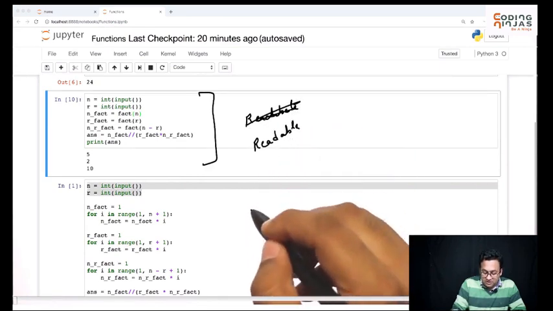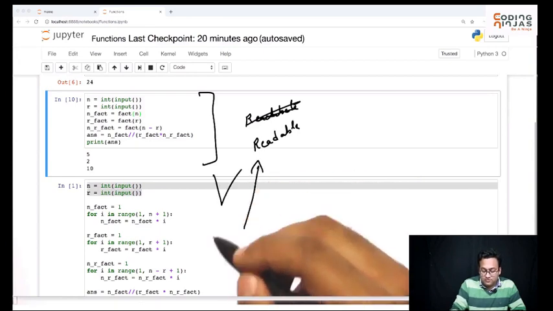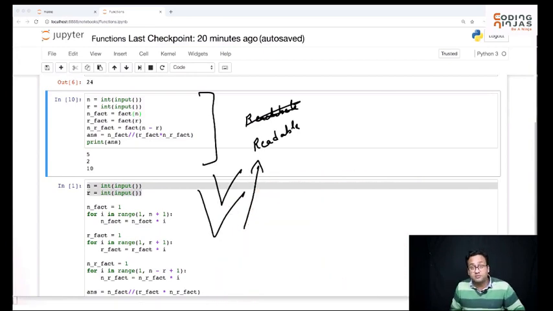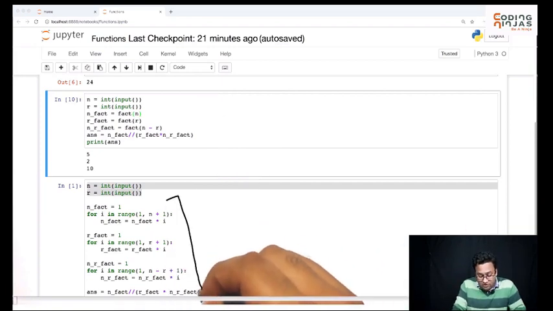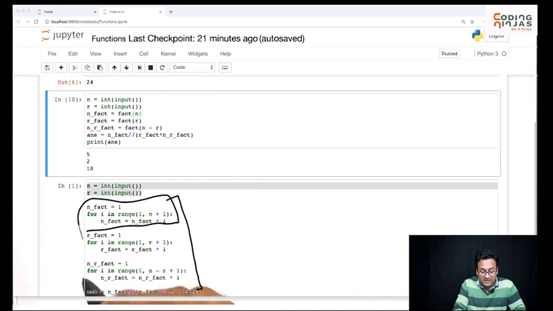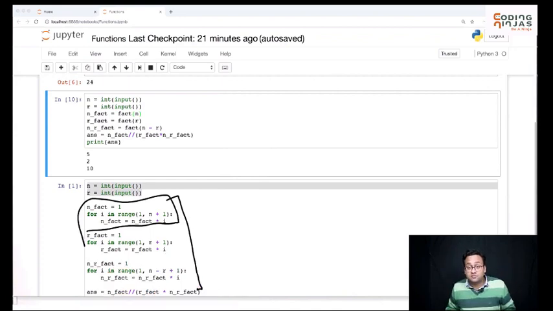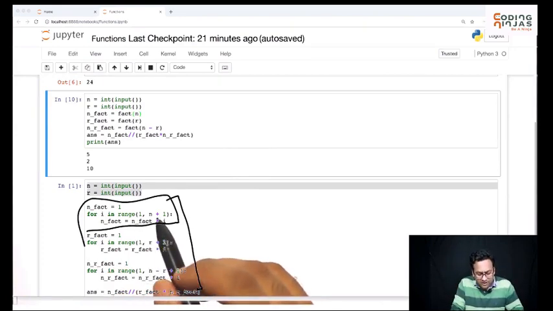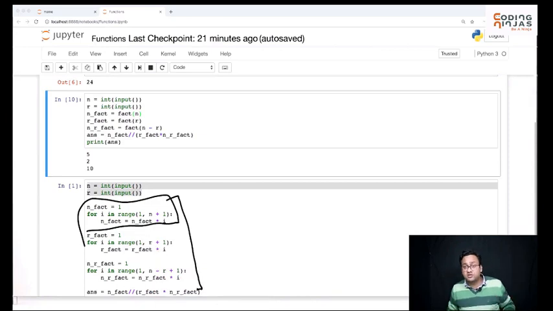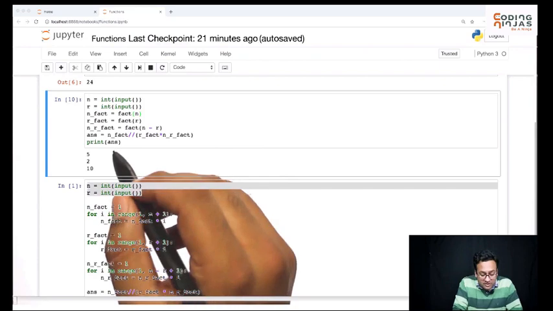It's a lot more readable compared to this one. It's much, much better, right? Why? Because here, whatever you say, you have to go through this code, and every time you read these lines, you have to try and understand what exactly is happening here. You will read this, okay, this is going from 1 to n, this is what it is doing. So it's still a lot more work to do, but here it's very straightforward.